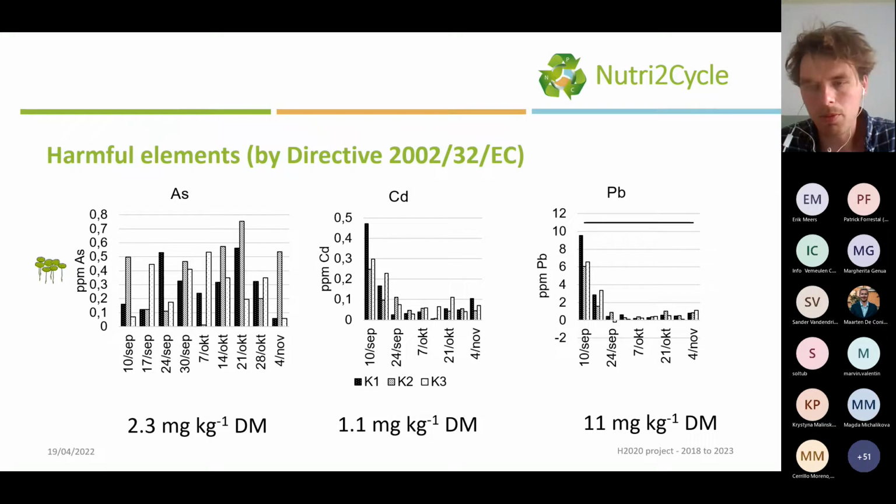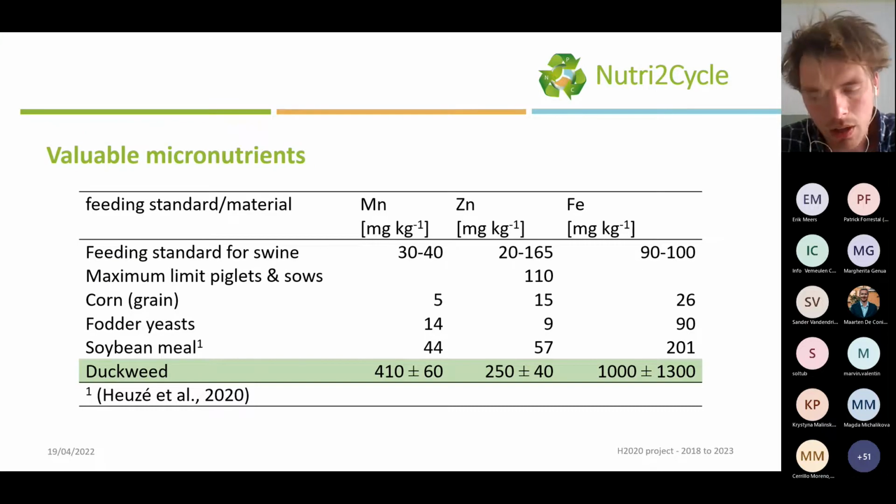The limits are presented below under each bar, but I didn't show them in each graph because it would make the concentrations of, for example, arsenic and cadmium look very low, meaning that it would make less sense to add a bar and then reduce the differences between times of measuring. So let's go to the next slide, because next to harmful elements, there can also be useful